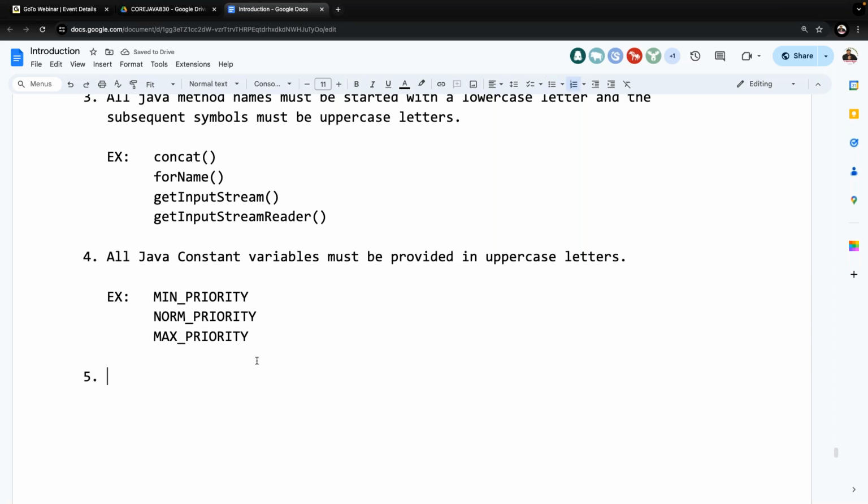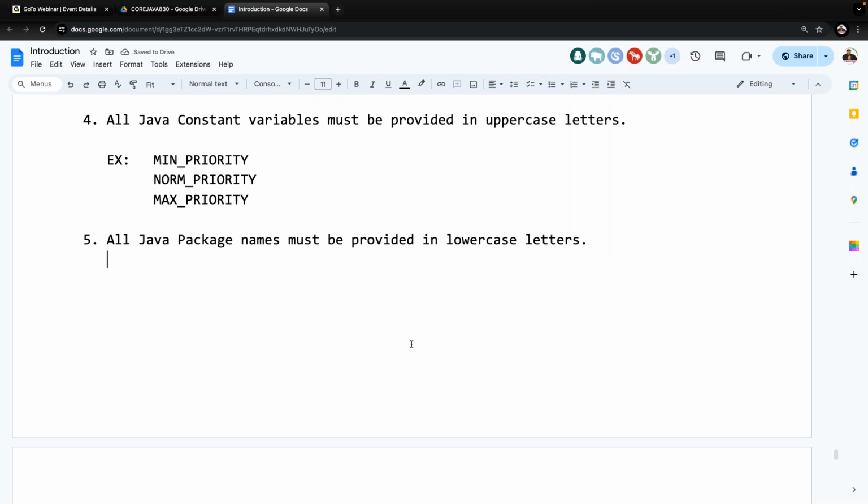After completion of this, the next one. All Java package names must be provided in lowercase letters. All Java package names must be provided in what? Lowercase letters. Right, sir. Now, what are the examples here we have to understand? java.io, java.util, java.sql, or maybe java.io,